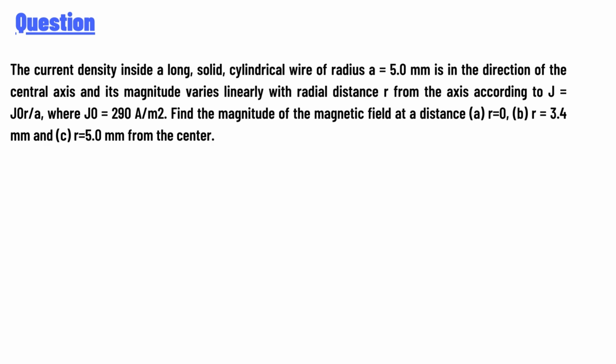Find the magnitude of the magnetic field at a distance r equal to 0, r equal to 3.4 mm and r equal to 5.0 mm from the center. The answer of the question is